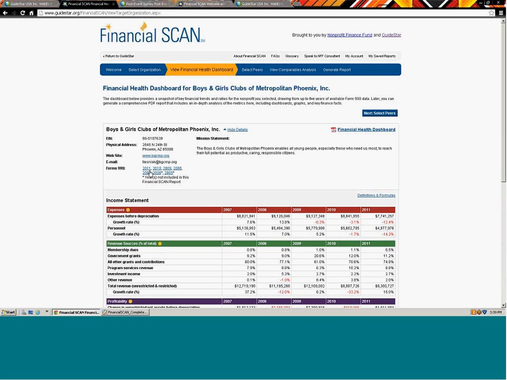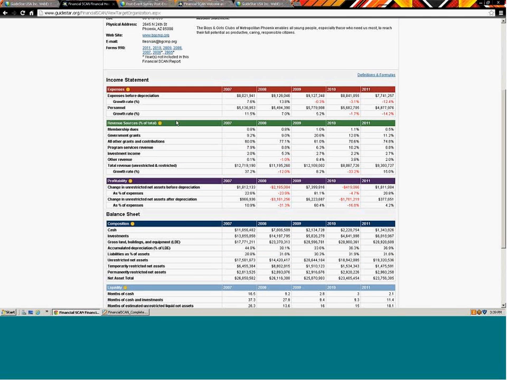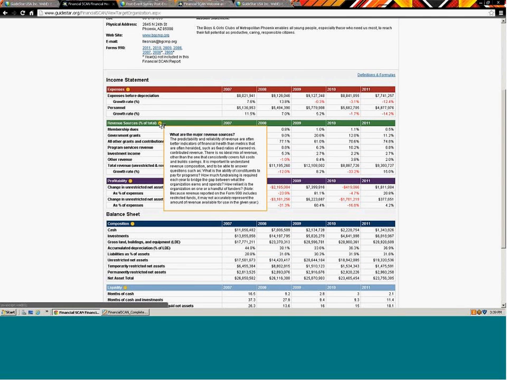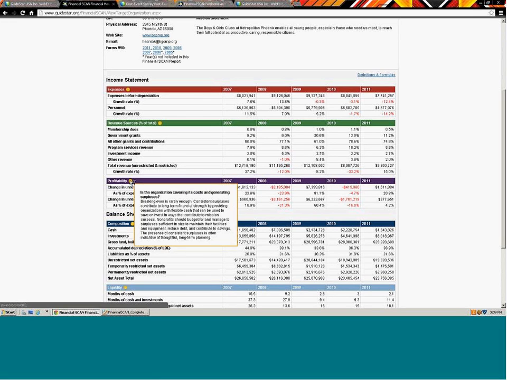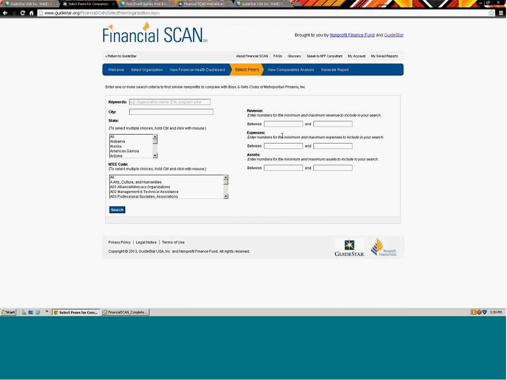Here you can link to the Forms 990 that are represented here. You can click on some definitions and formulas for each of the line items that are present in the dashboard, as well as access some additional context through these information icons in the dashboard. You can also print just this page by clicking on this PDF icon. We then can select peer organizations and search specifically by name,